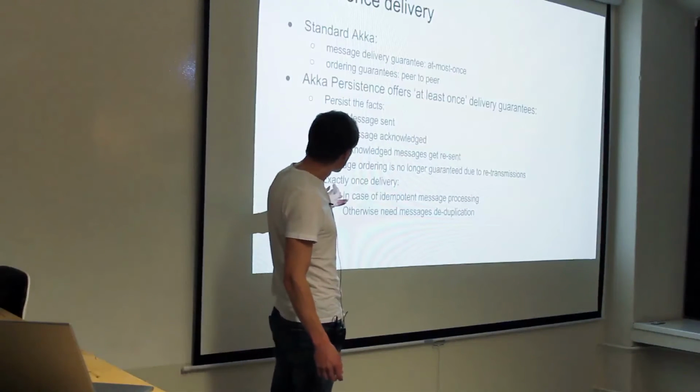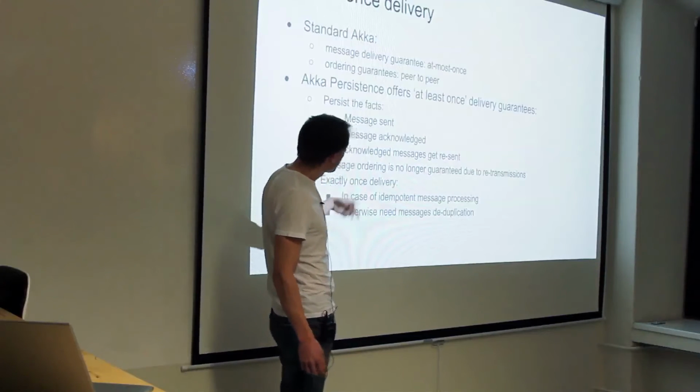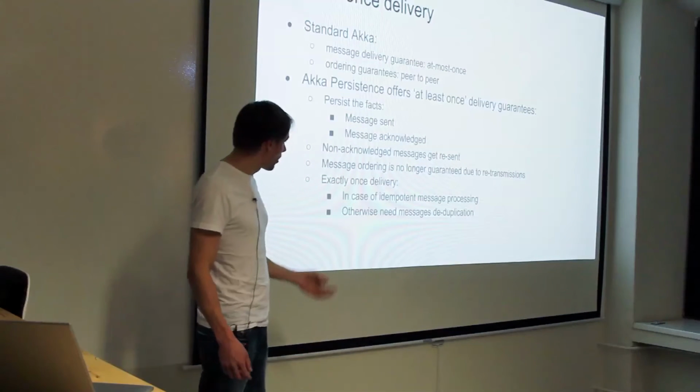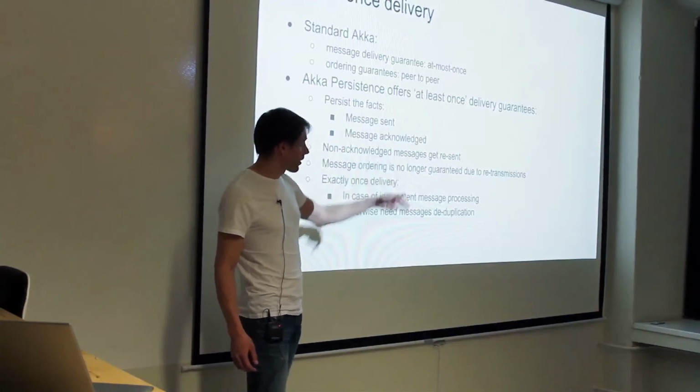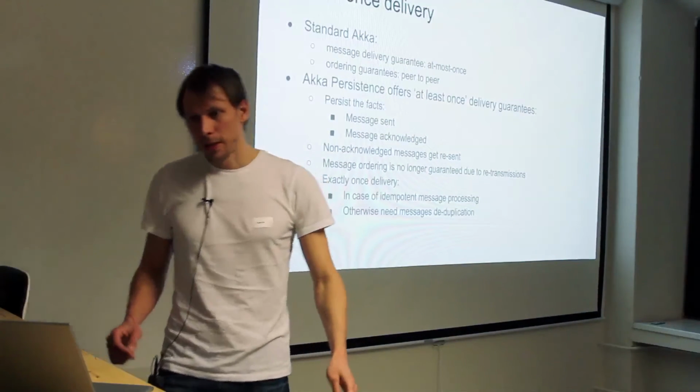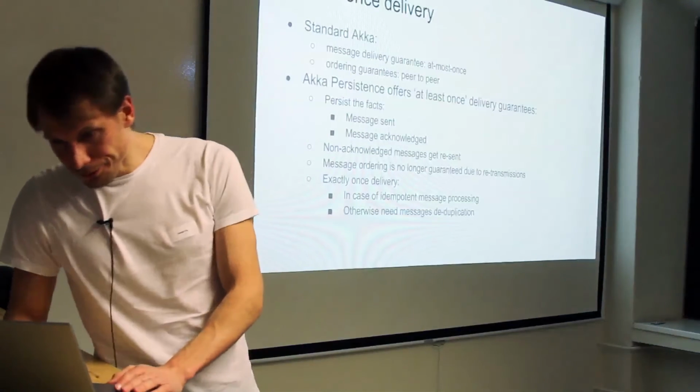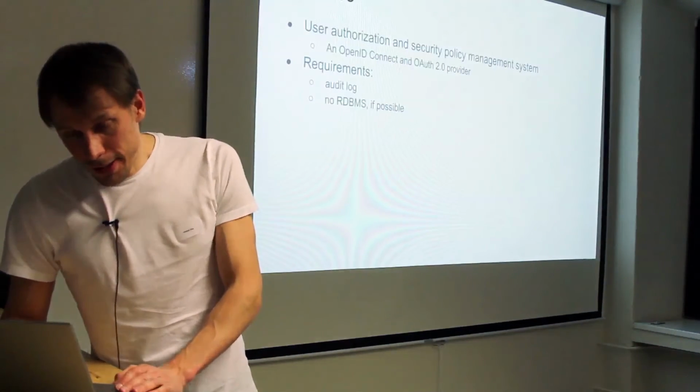So no matter how many times I resend this message, if the result is the same, then this is exactly-once delivery. Otherwise, of course, the receiving side has to expect and handle duplications. So that's basically it,